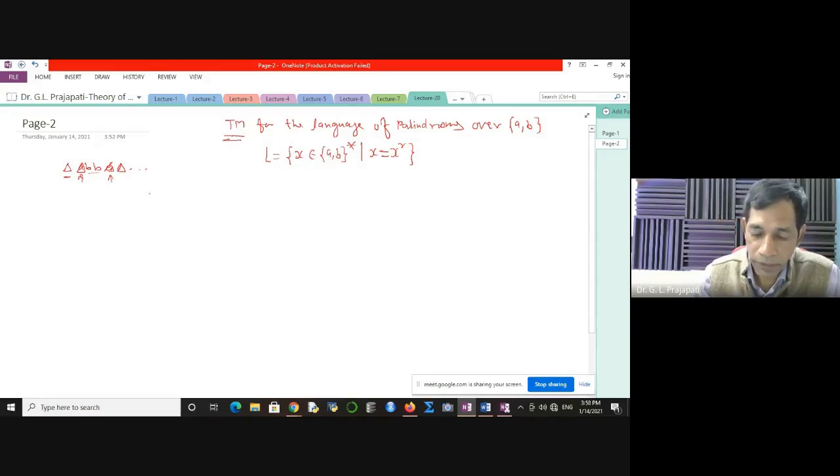Your TM starts from the initial state. So you have the initial state, Q0, and your first job is to go to the input. So what you need to do, you have the blank, replace with blank, and go to R. So you are going to the